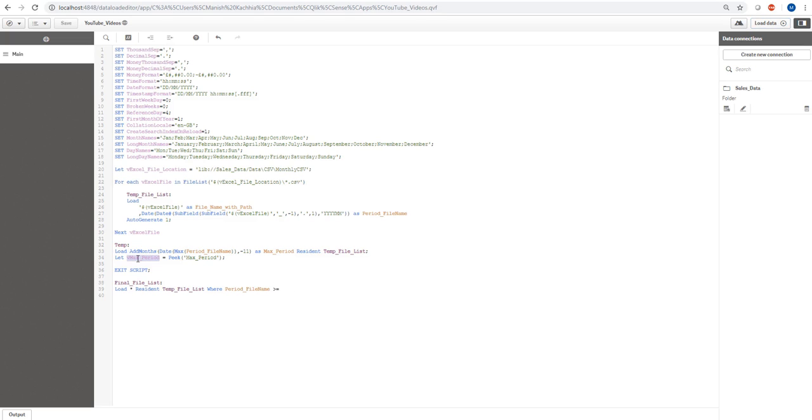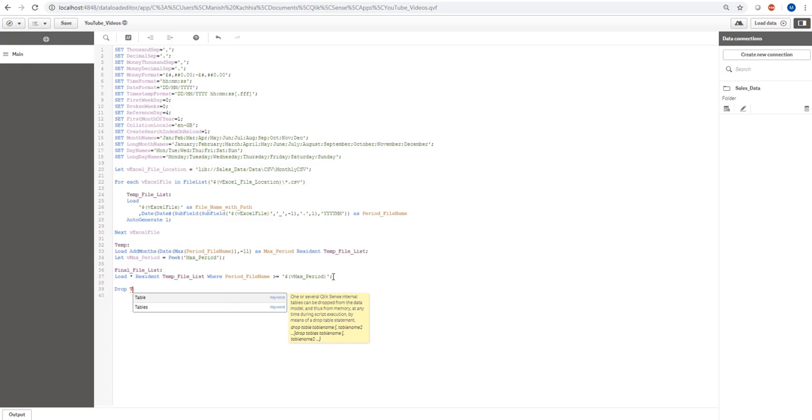So now I can call here that I want to load fields where my period file name is greater than 1st of December 2017, and I will drop my first table which I don't want now,